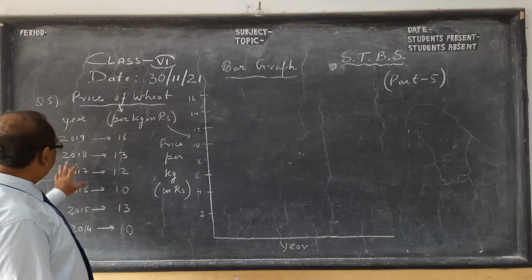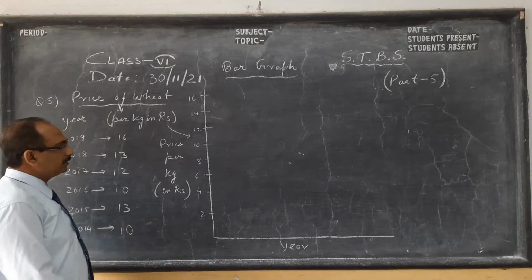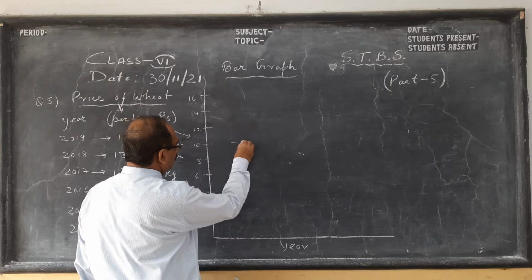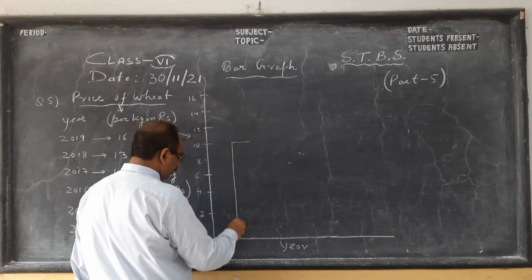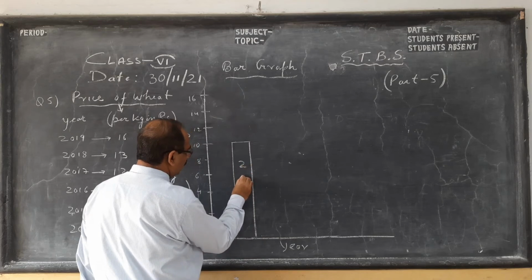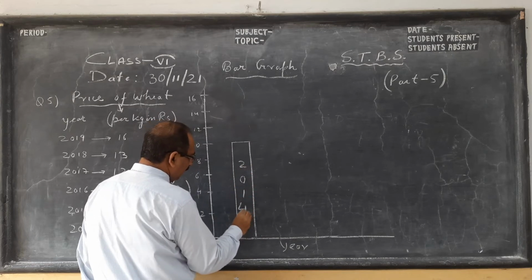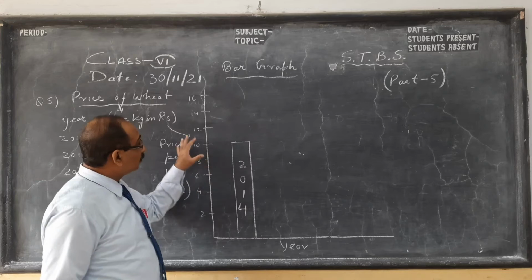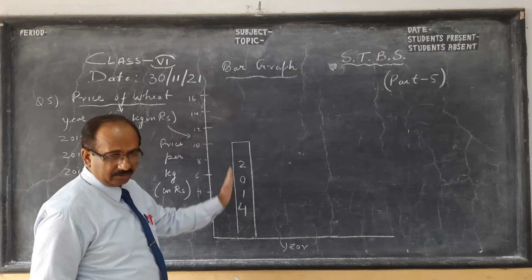You can use an interleaf copy over here, or you can use graph paper also, but the point is it should be very neat and clean, and you should use a scale. So in 2014 it is 10. Here you do, and see the spacing has to be the same. So this is 2014. I write it like this because there is less to write, so a vertical bar graph is better.